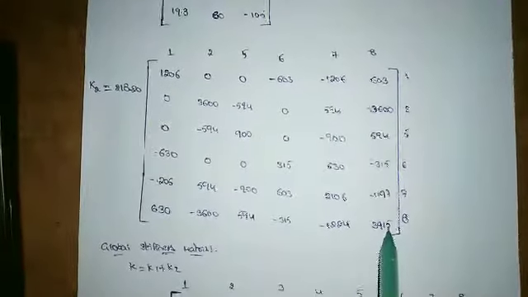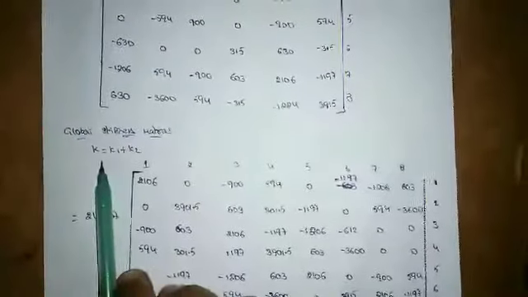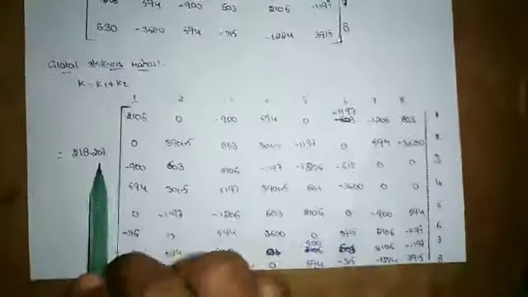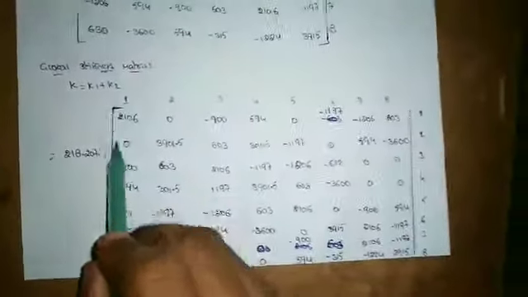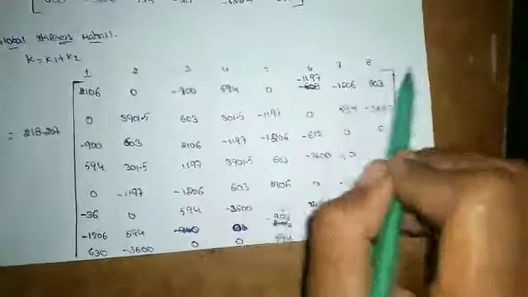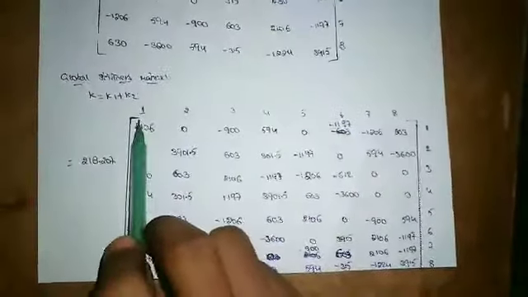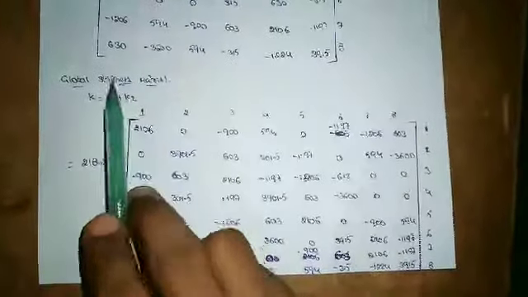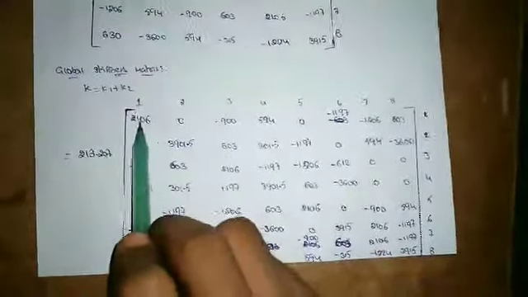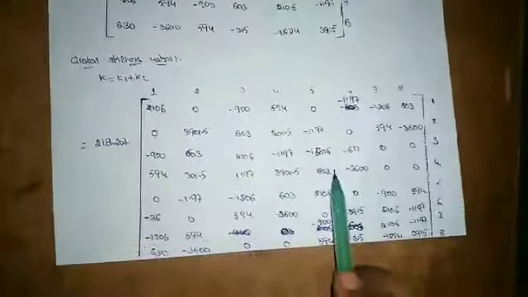After finding the K2 matrix, you have to find the global stiffness matrix, K1 plus K2. Here both matrices have the same constant value, so open the matrix and keep all the numbers 1 2 3 4 5 6 7 8 at the top and right side of the matrix. Then compare the two matrices. Take the first value from the first K matrix and the second K matrix, add these two values, you will get this value. Similarly fill all these entries, you will get the global stiffness matrix for the plate.